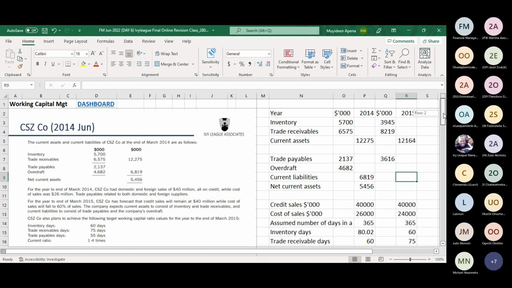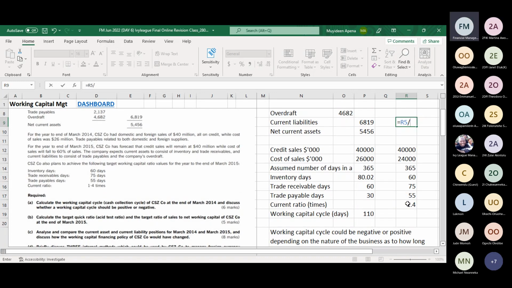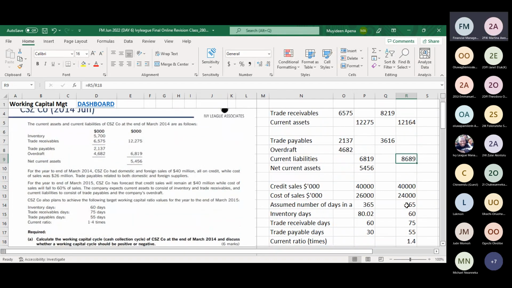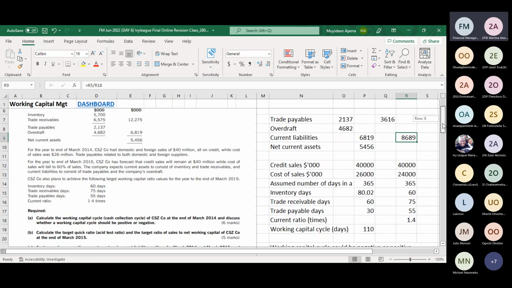Do you agree with me? Yes, sir. So if you do that, it turns out to be current liability equals what? Current liability will be current assets divided by 1.4. Okay, so we have the current asset as this, and then we'll divide it by current ratio of 1.4. So this is our current liabilities for 2015. So if we have that, that means we can move forward by calculating our